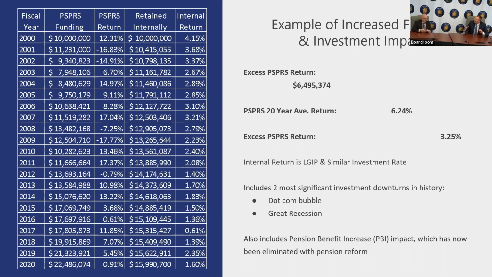So Mike, you teed this up very well, because obviously you covered a lot of concepts, but those are so important to making sure that we have a good understanding of some of these things. So we're going to go through a few more concepts here. This is an example that we put together that indicates if you had put $10 million into PSPRS back in the year 2000, with the PSPRS returns, you could compare them to any internal rate of return. We happen to use some that were based upon the last 4 years of the LGIP Pool 5 investments, and then index those to the 10-year treasury